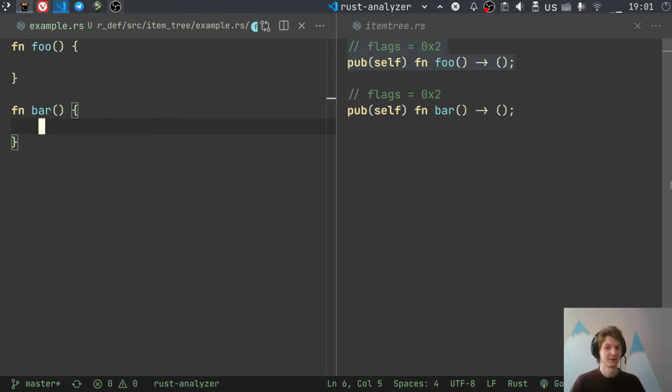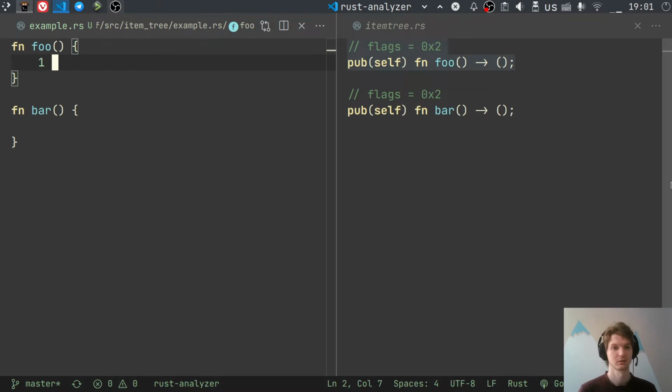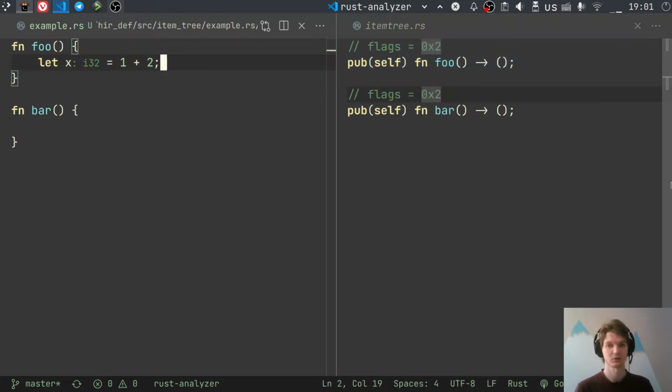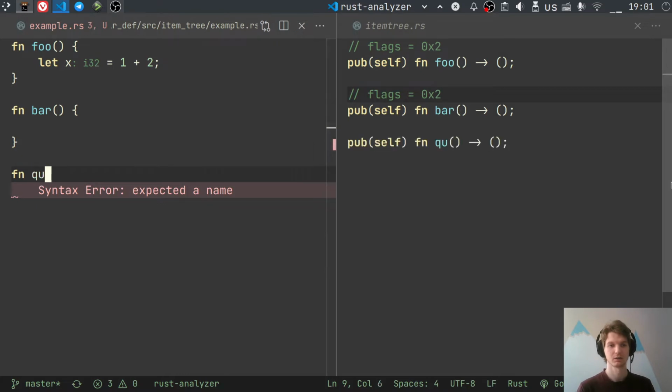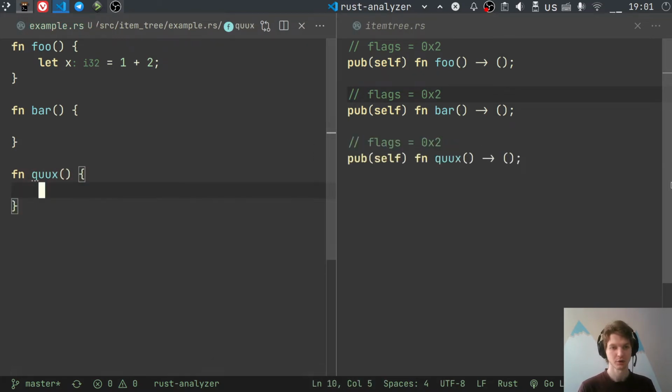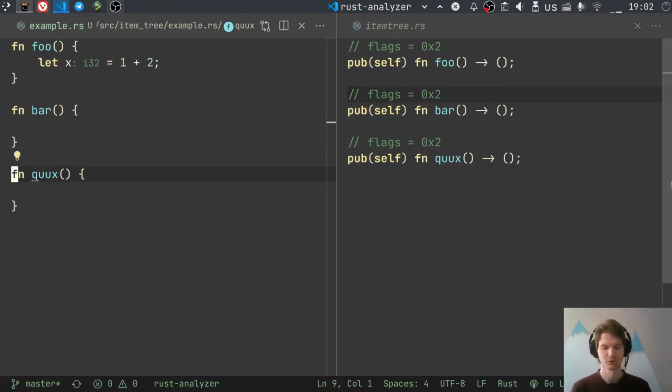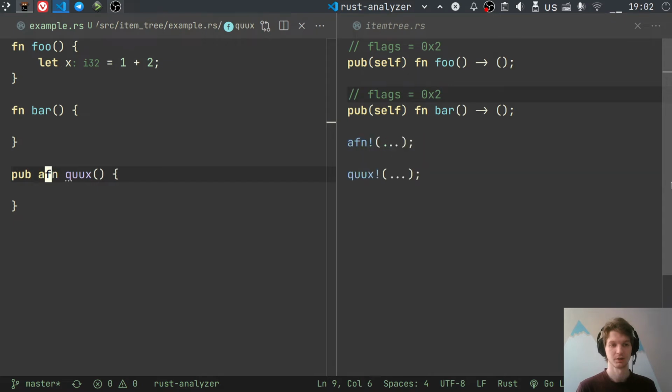Not exactly the item tree, but some debug representation which might or might not be sufficiently precise. And the cool thing about this representation is that if I type something in the body of a function, you see that the stuff on the right does not change. It's only when I introduce new functions that it changes, or when I change some top level attributes of a function. So if I say pub here and maybe async,